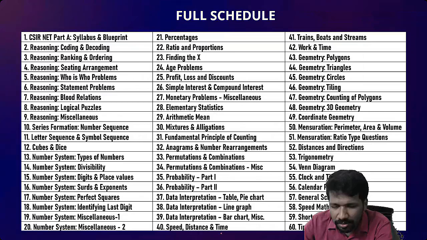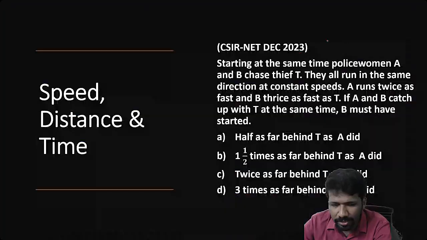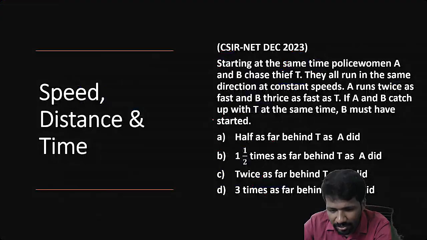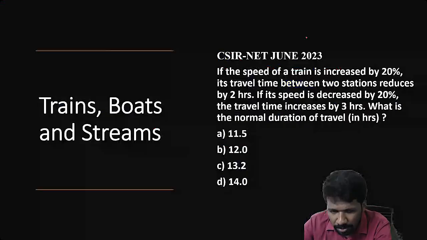Then comes speed, distance, time and work problem. उसके लिए 3 separate lectures devote किया है. Speed, distance, time, basic, what is speed, distance, time. ये idea, how to convert units in that, what is average speed, shortcut formula, etc. We will be discussing in that. Latest question papers में भी question आया है.